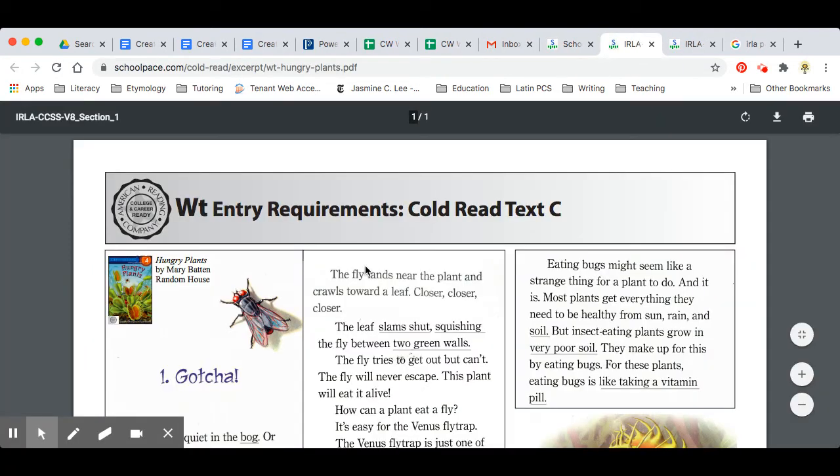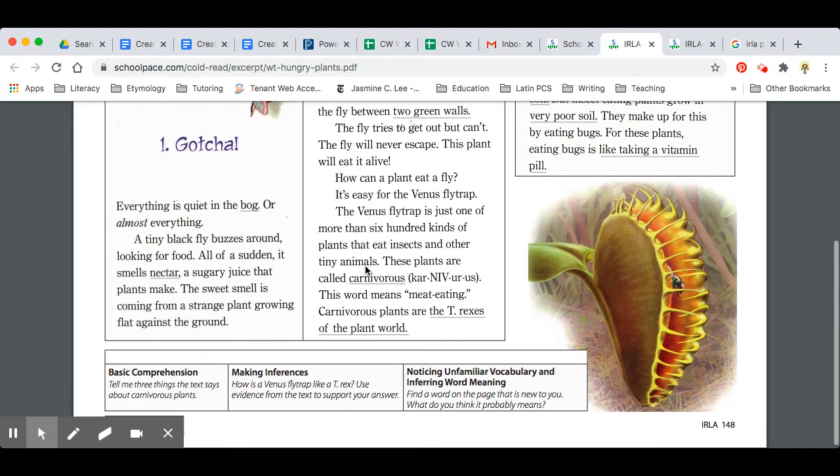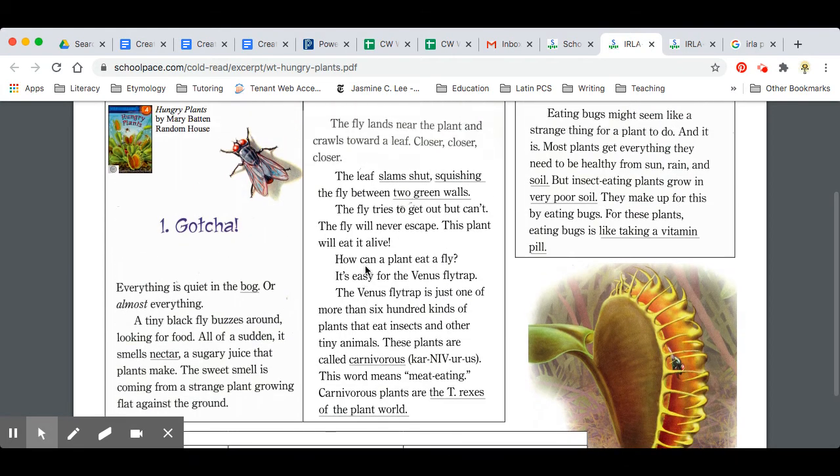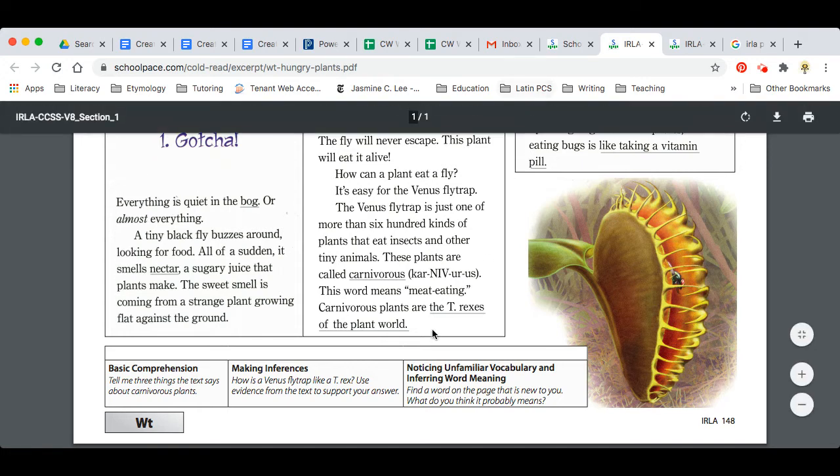And here you are. So say you would read this aloud. Afterwards, you would ask those 3 questions. The first being basic comprehension. Second, making inferences. Third, noticing unfamiliar vocabulary. After Sadie reads and answers the questions,